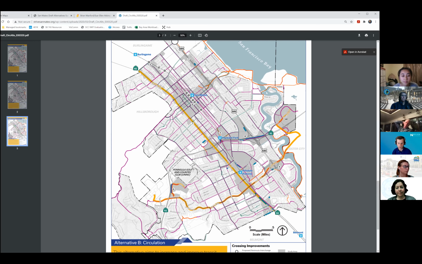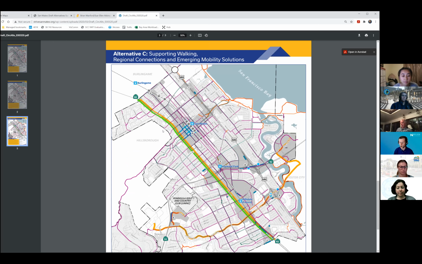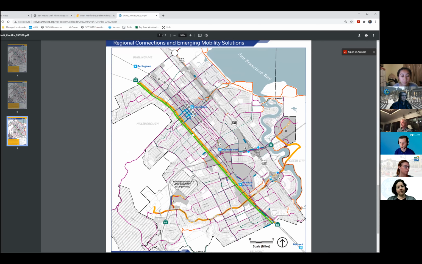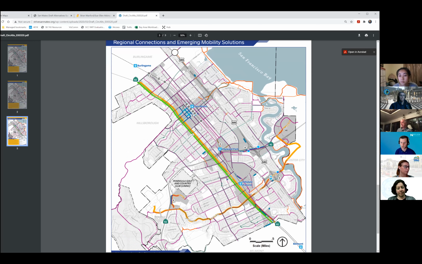And then alternative C is looking at, it's a little bit all of the above, or it represents more of the elements from the other two, and kind of also adding to that mix, what kind of new technology, or new design ideas can we use to improve transportation? And so you'll see some of the same lines. We have the pedestrian safety improvements, and we have improvements to El Camino Real to make